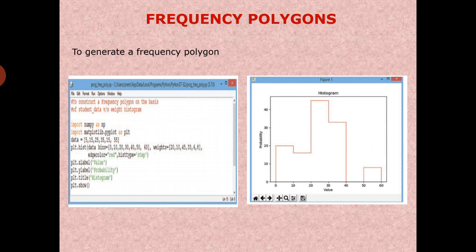Now, the program to construct a frequency polygon on the basis of student data versus height histogram. Import matplotlib.pyplot as plt, import numpy as np.